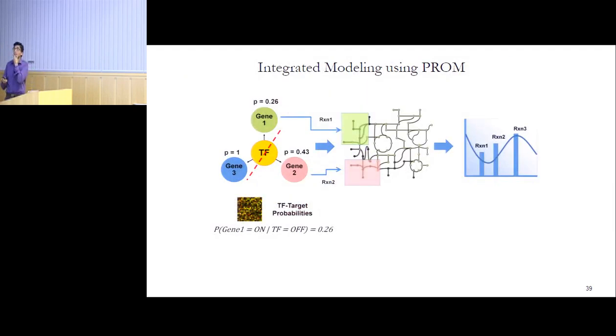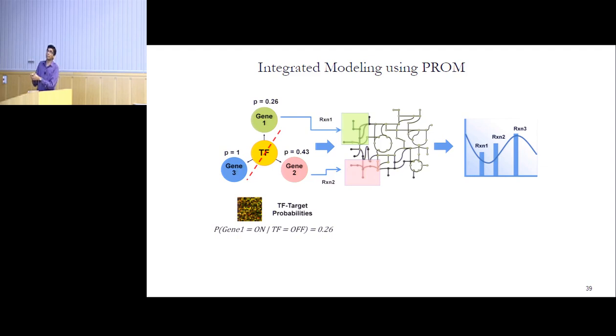So we developed a new method called PROM, which stands for probabilistic regulation of metabolism, that addresses both these issues. In PROM, we represent these transcription factor-gene interactions as probabilities. So instead of a gene being completely on or off, we can have more nuanced regulation. A gene can be on at 30% of its activity or 50% of its activity. The way we quantify these probabilities is by using gene expression data. PROM, in an automated fashion, looks at hundreds of microarrays and figures out what happens when a transcription factor is off, and what the connection is between the activity of a transcription factor and the activity of its target gene.